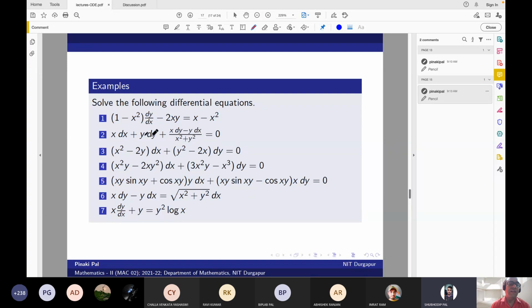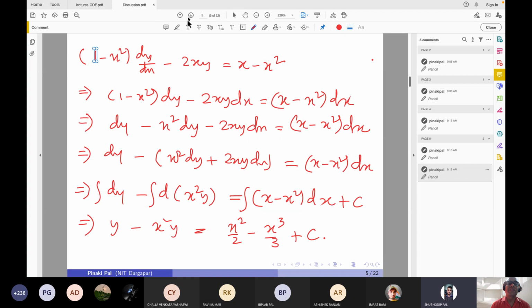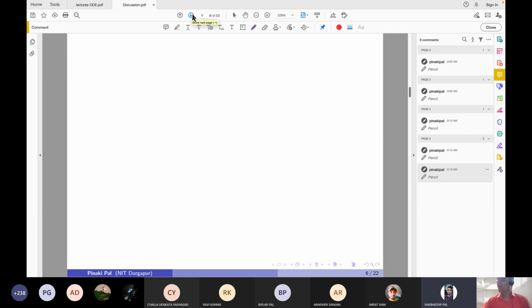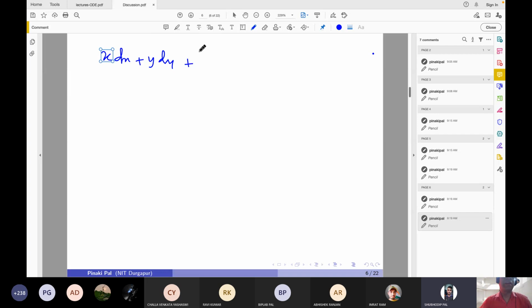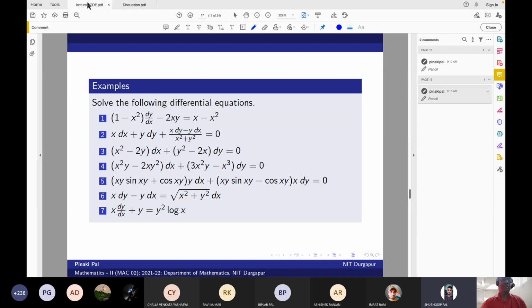The last term is integrable, and the first two terms, x dx plus y dy, we can readily see are integrable. So x dx plus y dy plus x dy